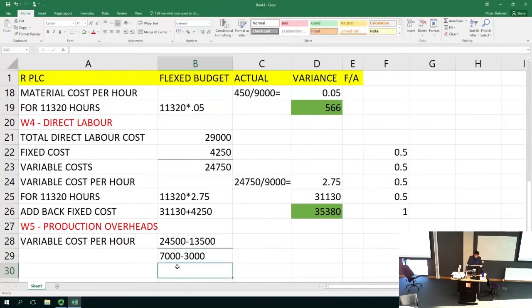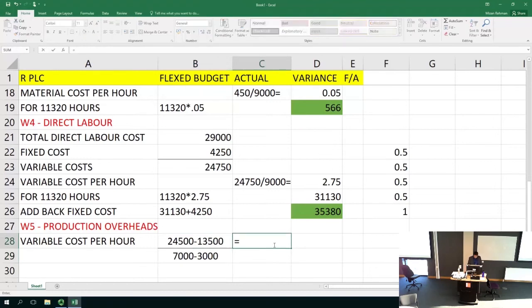One is 7,000 and the other one is 3,000, and their corresponding costs. The difference can be calculated. $24,500 minus $13,500, 11,000, and 7K minus 3K, 4K, and the variable cost is